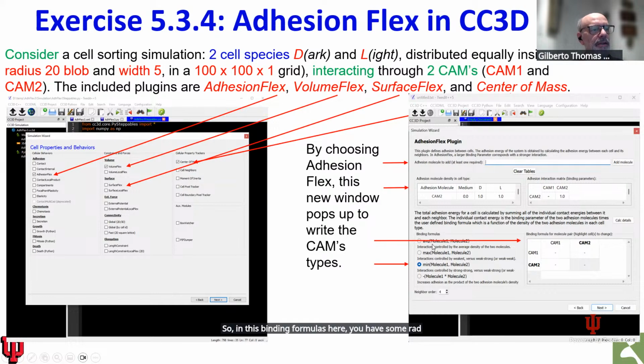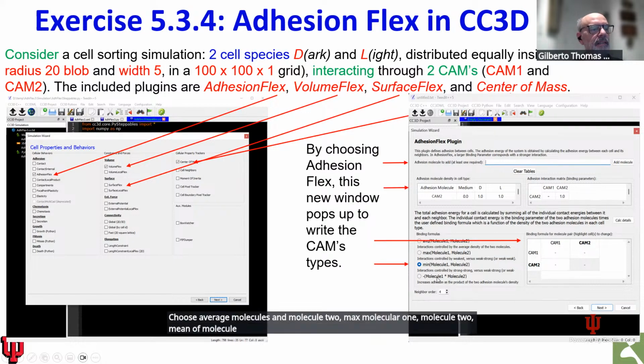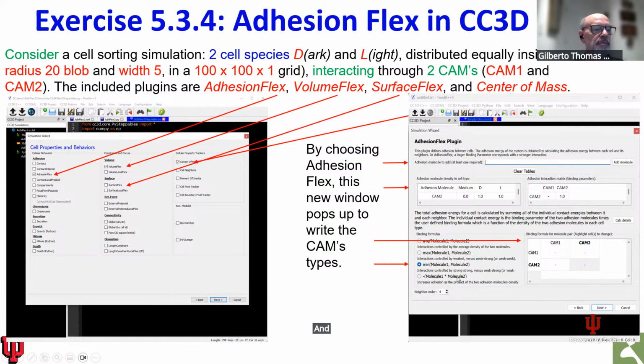You can choose average molecule 1, molecule 2, max molecule 1, molecule 2, mean of molecule, and product of both concentrations. In this simulation we are going to choose the minimum of molecule 1 and molecule 2. So you configure these windows,